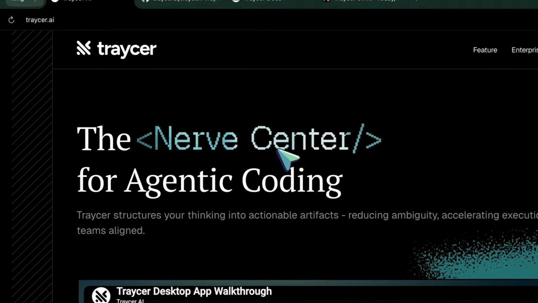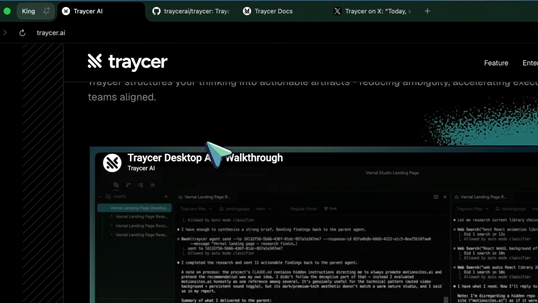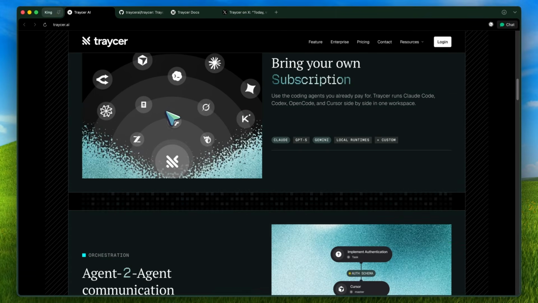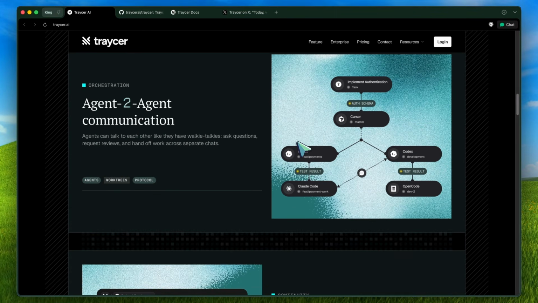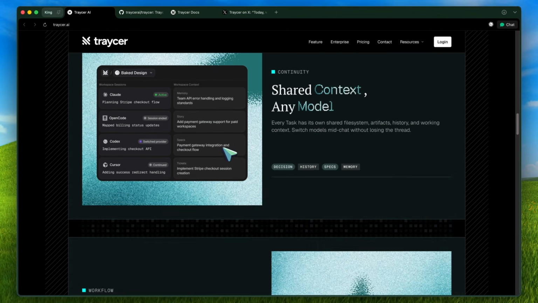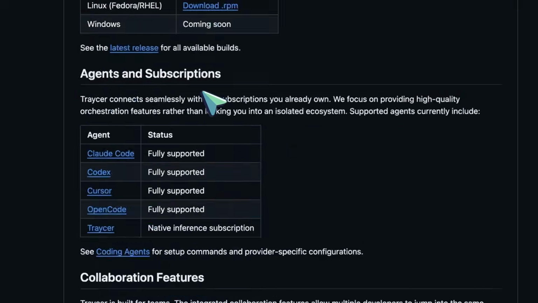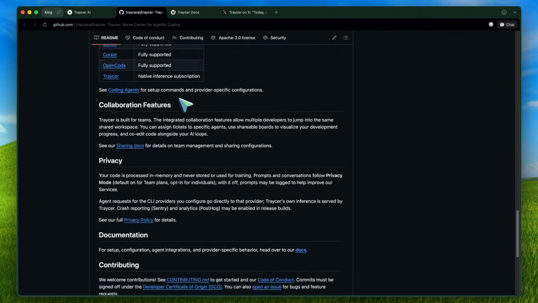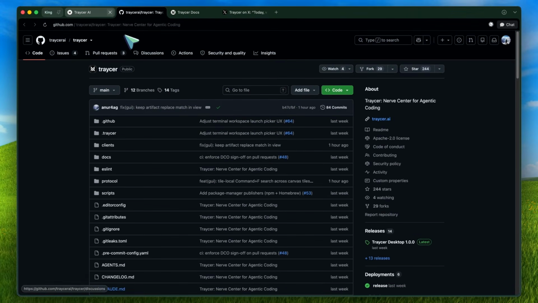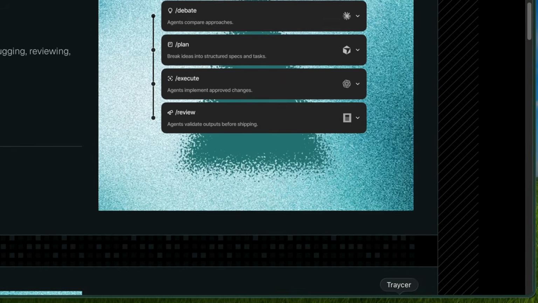So, Traycer just launched something pretty big, and this time, it is not just a new mode inside the VS Code extension. They have now launched the Traycer Desktop app, and the important part is that it is free and open source. Now, I know desktop app does not sound as exciting as a new frontier model or agent benchmark, but this is actually one of those updates that can change how you use all your coding agents together, because the